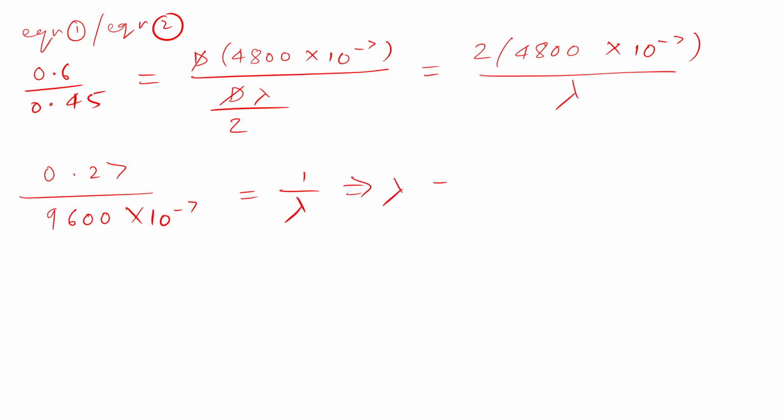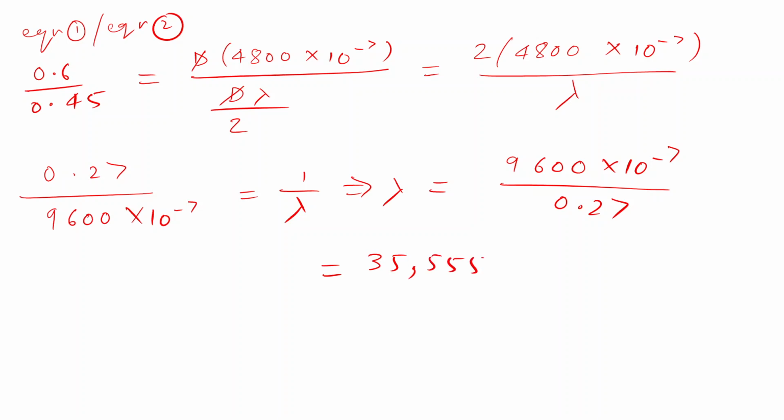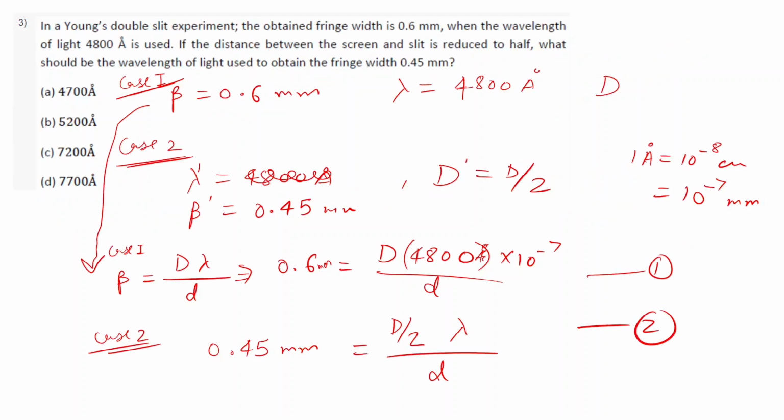That means lambda will be 9600 times 10 to the power minus 7 divided by 0.27, which is 9600 divided by 0.27, 35 something like this, times 10 to the power minus 7. So in angstroms,